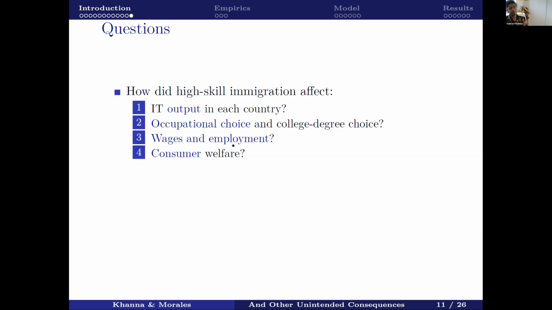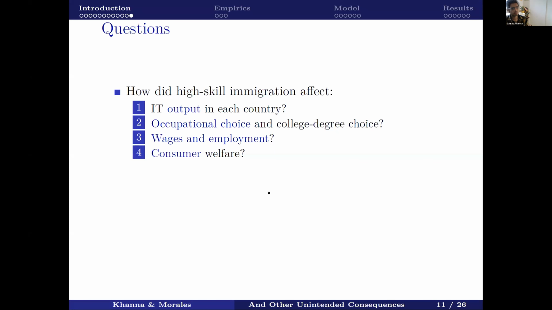And then what really happened to consumers? And this is something that I think the immigration literature hasn't stressed enough, which is that a lot of the gains from high skill immigration to the US, for instance, has been the fact that consumers like you and me now are using better computers, better technology. Our lives are a lot easier and a lot better off because high-skilled immigrants came and did a lot of innovation in Silicon Valley that allowed us to actually now do a bread lecture over Zoom to all over the world, right?